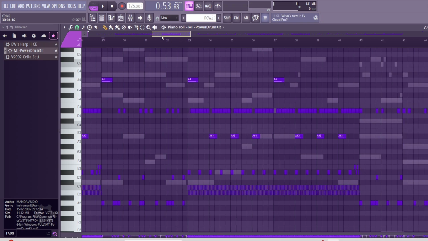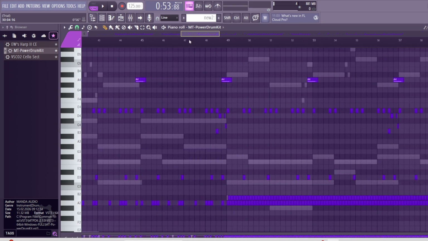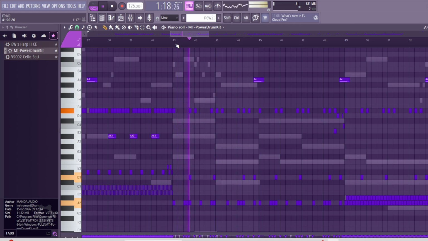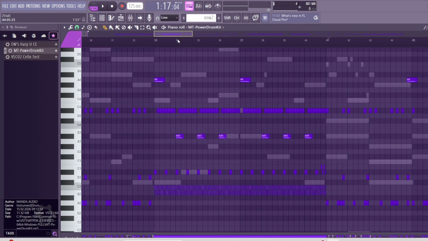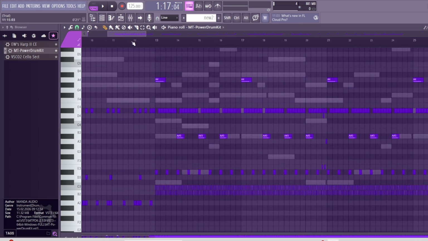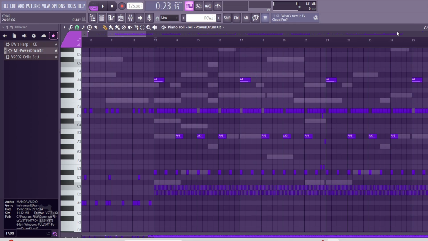So I use this for slower parts. I use this for releasing the tension I made in the verse with that drum pattern.